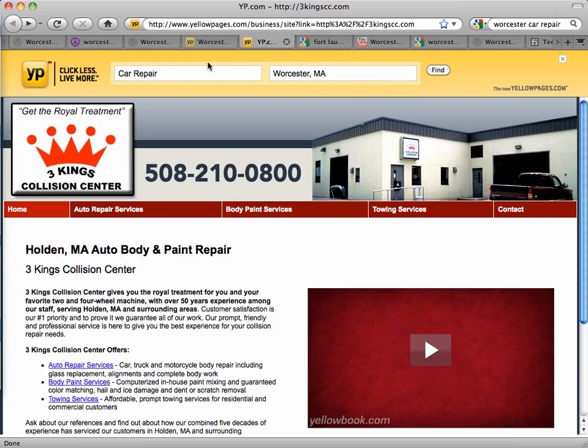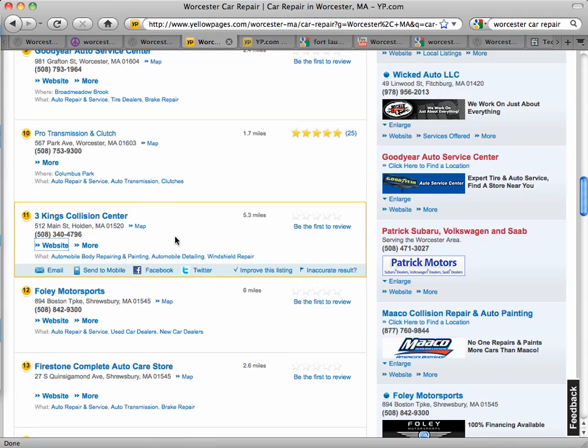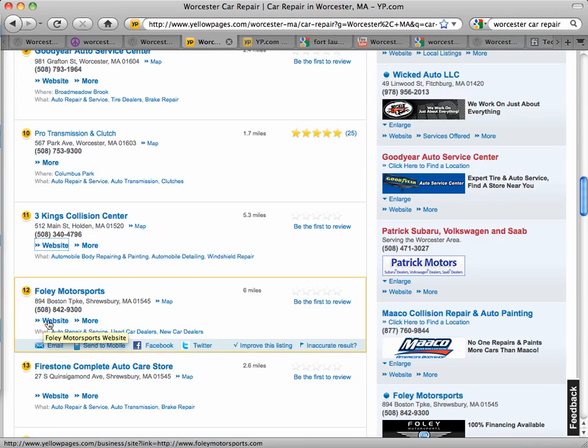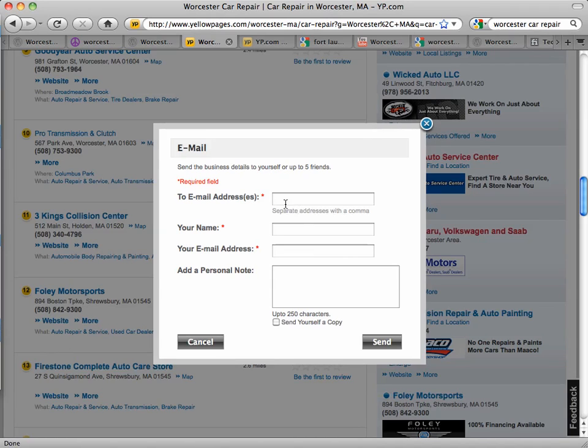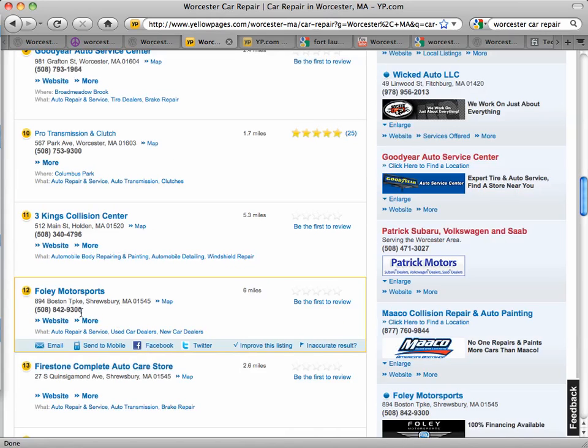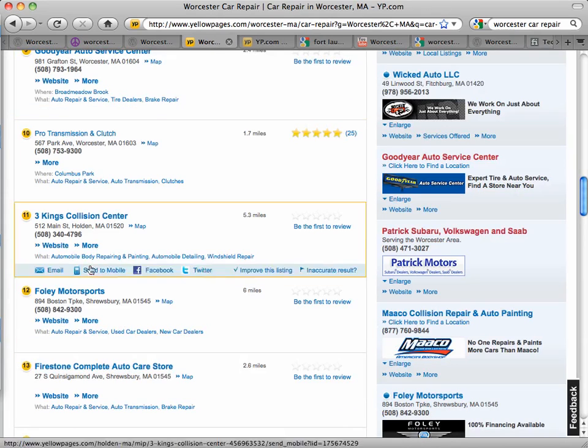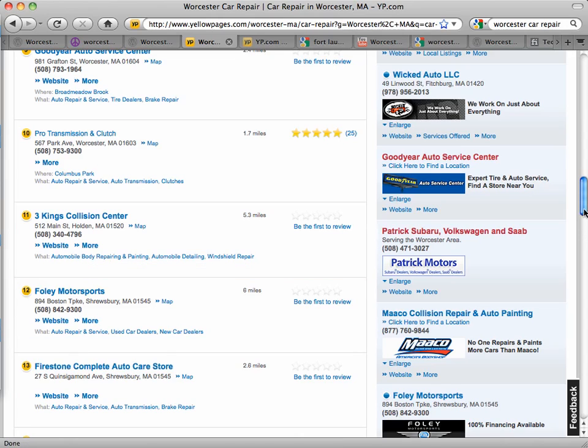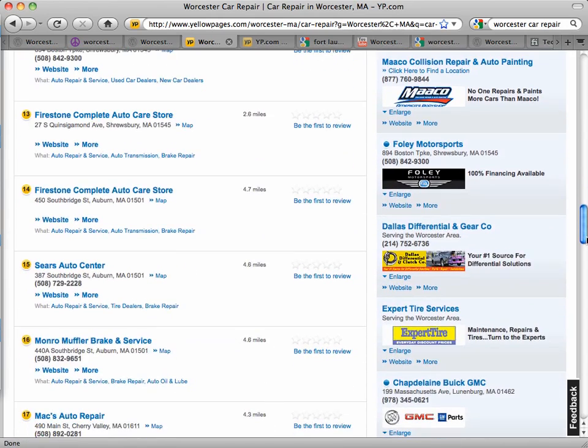And so Yellow Pages are a really good place. Just go through them. You can easily copy the email. We'll click on this a lot of times. Don't click on the button that says email. If you did that, it would just be going through the Yellow Pages service, and chances are your email wouldn't get